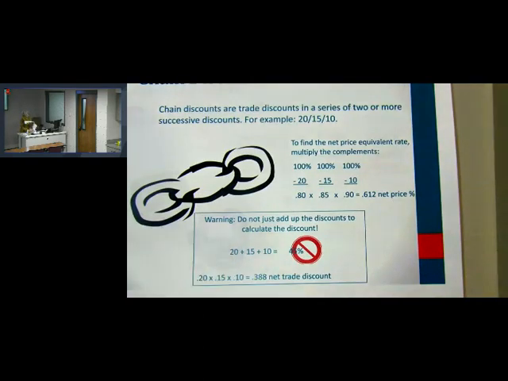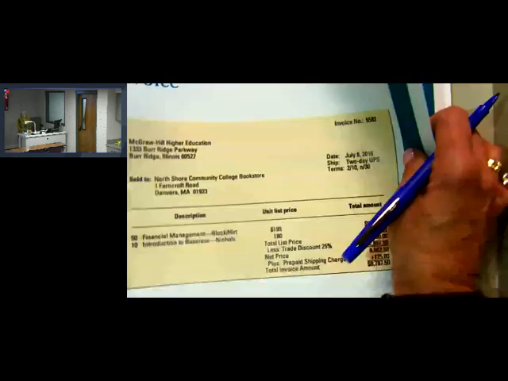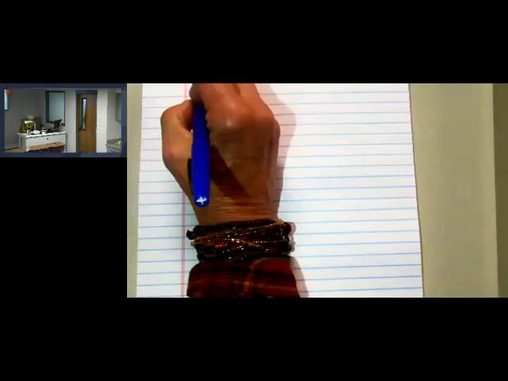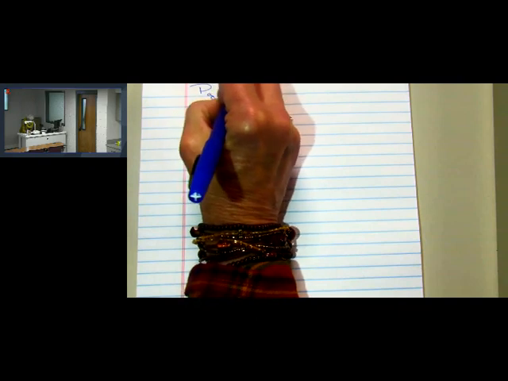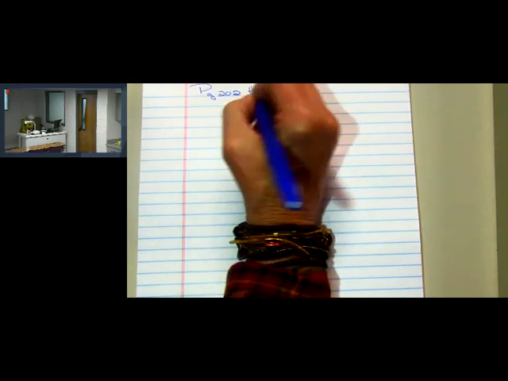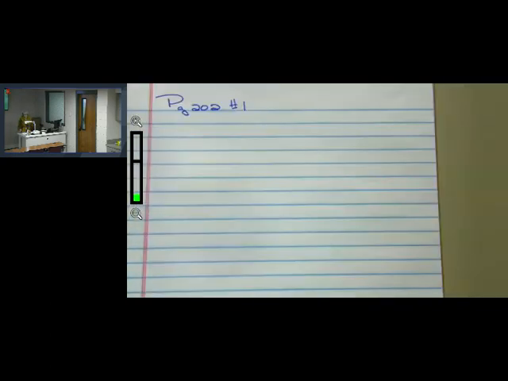All right, so those are the trade discounts. This is the end of the first lecture part of this video. I'm going to ask you to go to your textbook, and I'm going to do a few problems here that I picked out from the textbook. So I'm in the textbook. I've got to get my glasses on here, guys. I'm at the end of your chapter. In my textbook, we know we've had different problems about page numbers. I'm on page 202 of my book. And I'm going to do problem number, let's start with problem number 1, okay? Let me zoom this just a little bit.